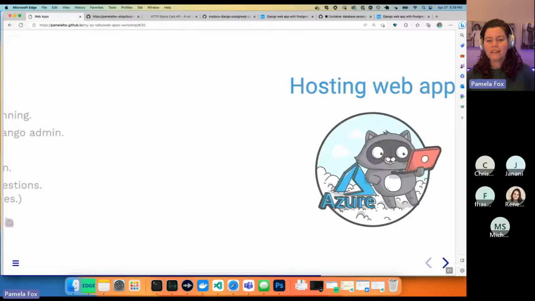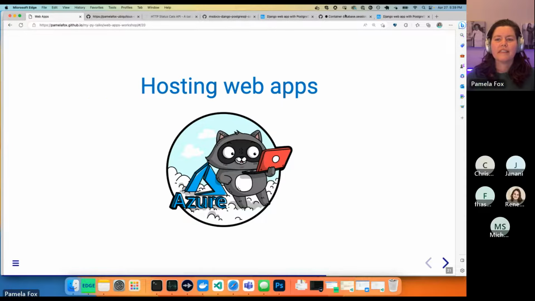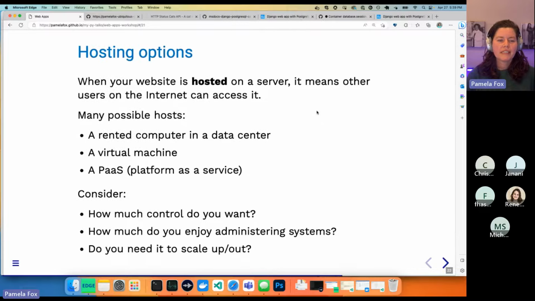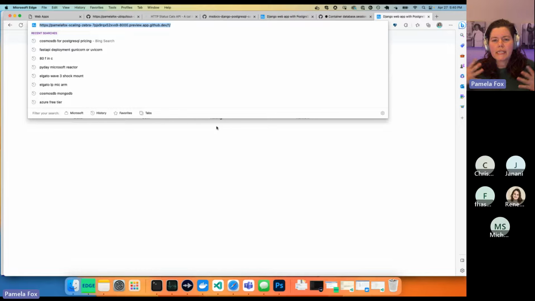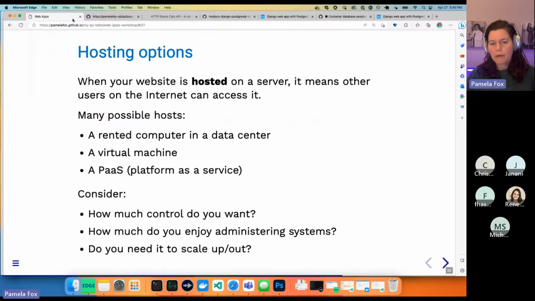All right. Okay, let's talk about Azure. So how do we host these? Okay, so what are our hosting options, right? Hosting means putting it on some server where it's going to be always available, right? In some ways, it almost looks like my app is hosted right now because I have this URL for it from Codespaces, but this is a temporary URL that's only for me to use when I'm developing in Codespaces. I want a fairly permanent URL, or as permanent as I want it to be, where anybody from all over the world can hit it up at all times.